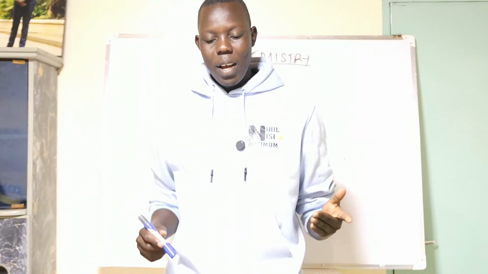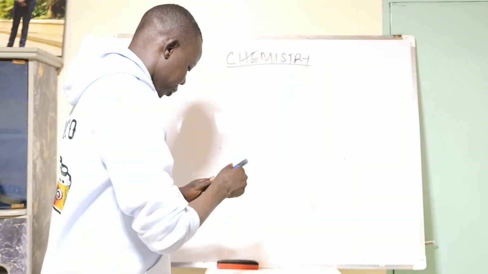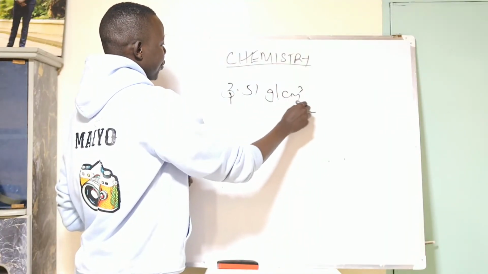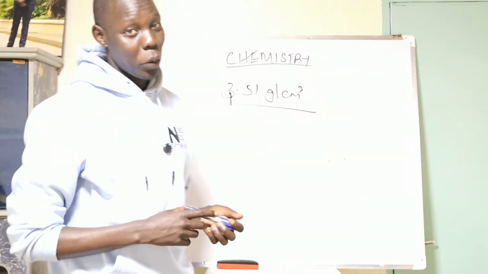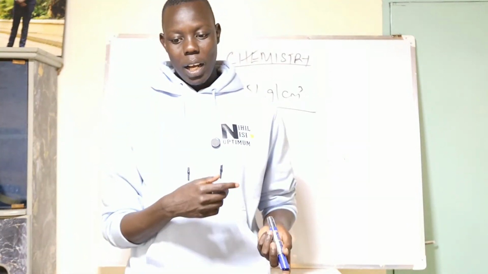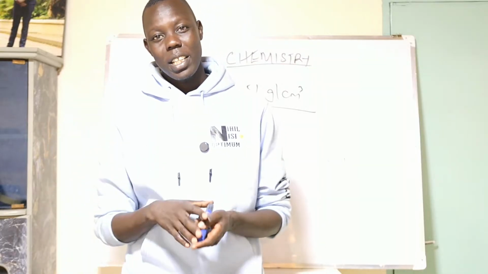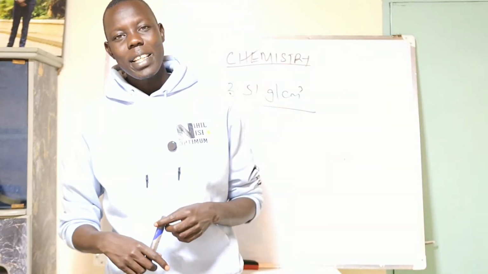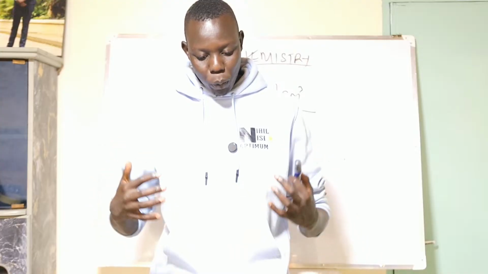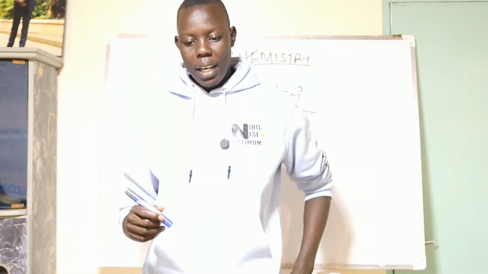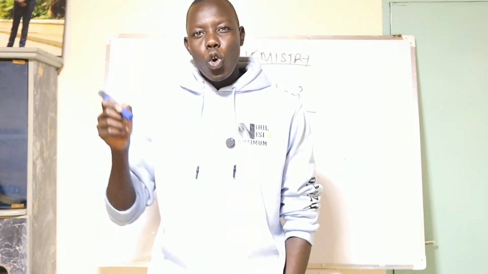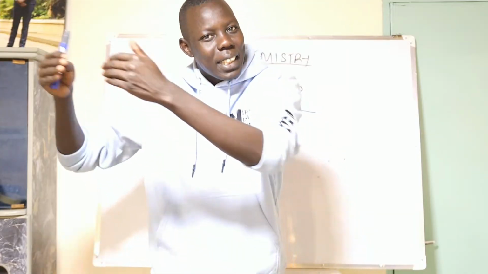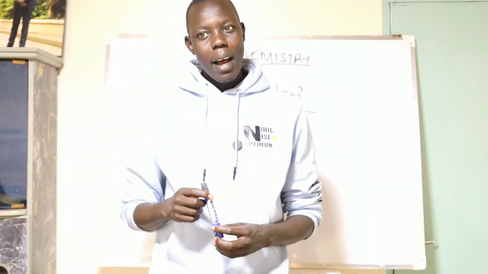Number 3, now, it has a very high density. Actually, the density of diamond is around 3.51 grams per centimeter cubed. This is a very high density compared to that one for the allotrope. Sorry, for the graphite, tutaangalia after this. This is a high density. Now, you are supposed to give a reason why it has a very high density. I mean, what has brought this high density? It is because of the continuous close packing of the carbon atoms. The carbon atoms are very close and it happens continuously.